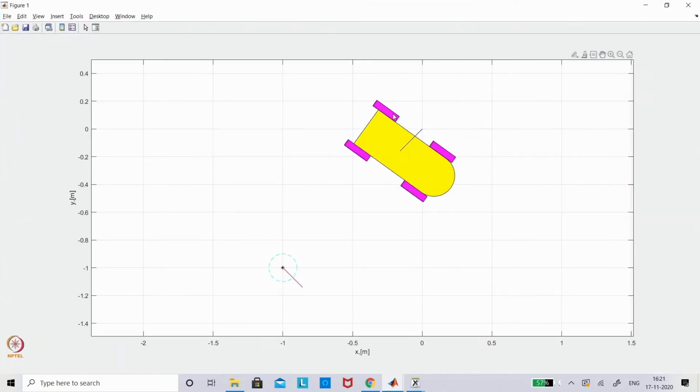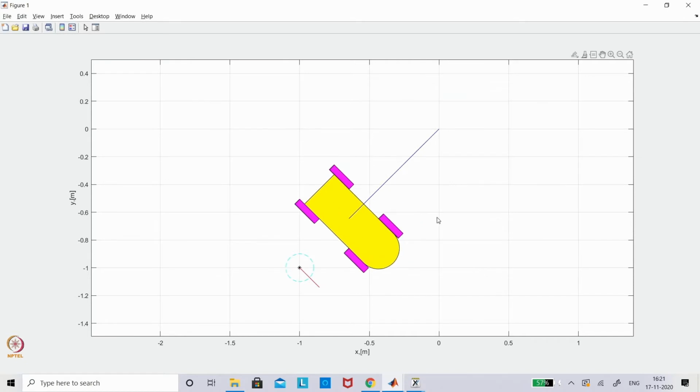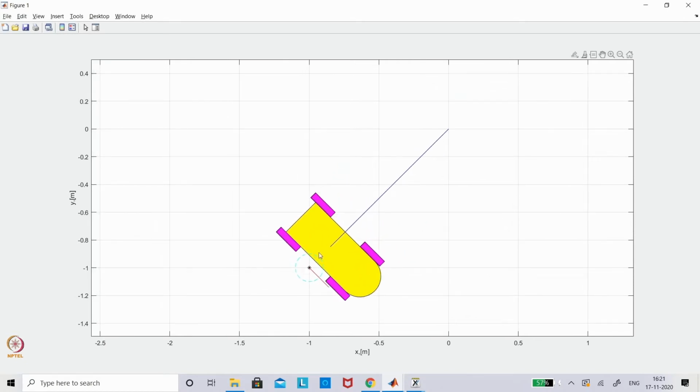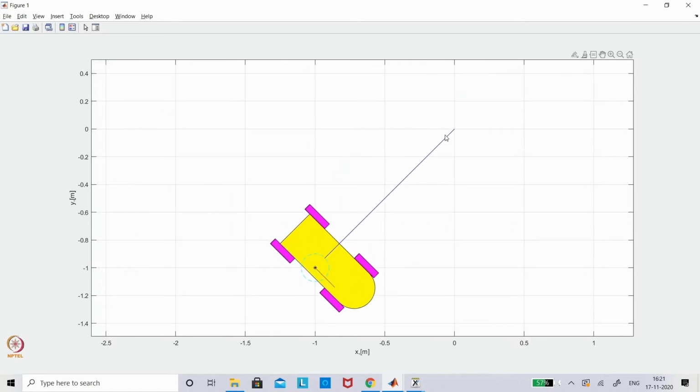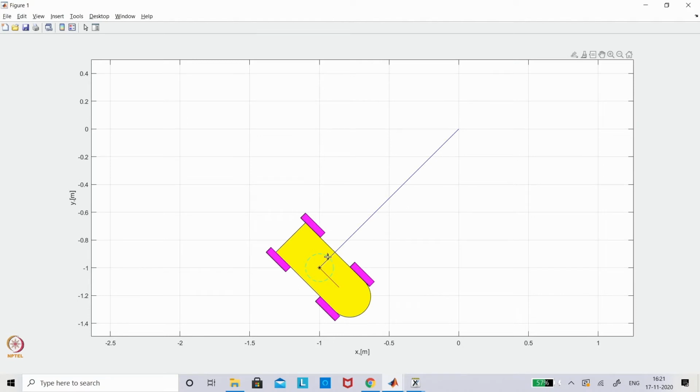So this is the mecanum wheel. These are the 4 mecanum wheels, which I show in a purple or pink color, and this is the final target. It starts from the 0 point and is trying to reach here, right. Since it is a holonomic vehicle, it can go in a lateral direction. Okay, that is what it is doing. Initially it tries to adjust along this line, and after that it just follows the line as a minimum case.